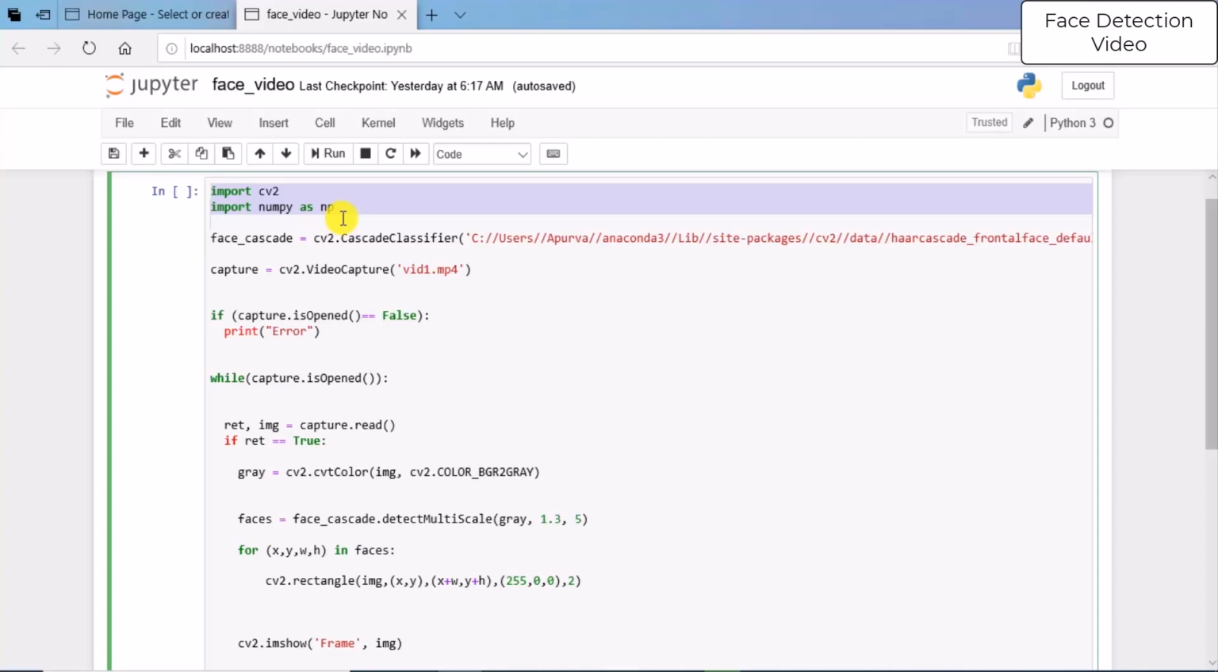In simple language, it is the library which is used for image processing. All the operations related to images are easy with this library, and this library is free for use. But now we are performing face detection on videos. Video is again a sequence of frames. So it's easy to perform face detection on video as well, because video is nothing but a collection of frames, a collection of images. So first we will import two libraries: import CV2, the OpenCV library, and we will import the NumPy